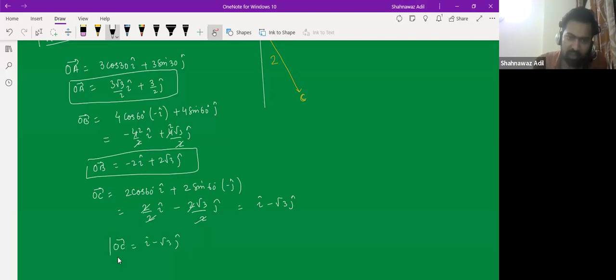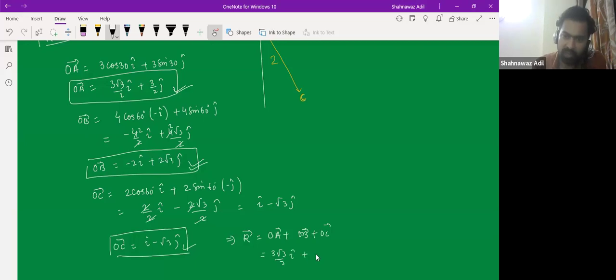So we have got every vector, right? And in the first class, we understood that using the operations on Cartesian coordinates is the simplest thing that we can have. So now life is simple, right? And we can simply find out the resultant, which is OA plus OB plus OC. So OA is 3 root 3 by 2 i hat plus 3 by 2 j hat, minus 2i hat plus 2 root 3 j hat,